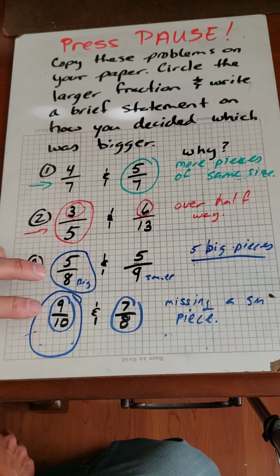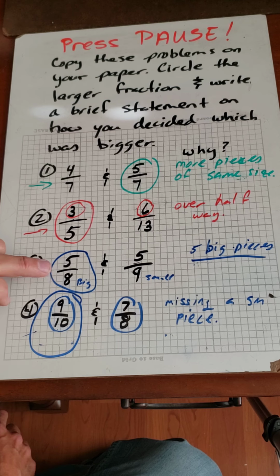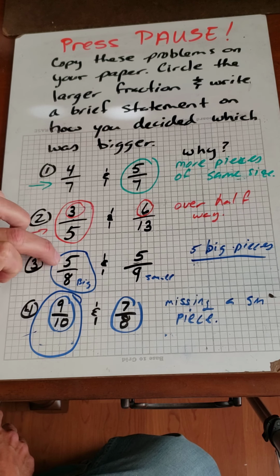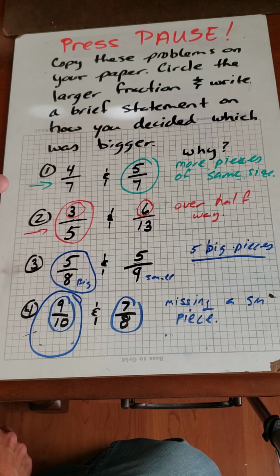These bottom two down here, the blue, I don't know how many of us are comfortable with understanding the size of the pieces tells me the denominator, and the number of pieces tells me, the numerator tells me the number of pieces. So without doing any calculations, I was able to figure out,